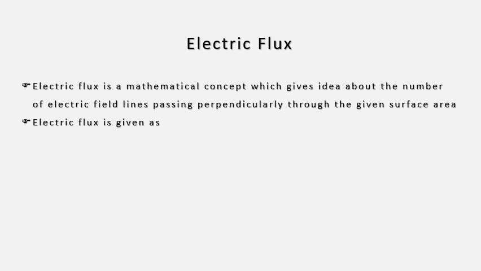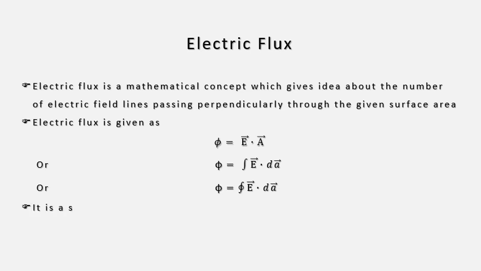We also know that electric flux can be found out by taking E dot A, and if we have a non-uniform electric field or irregular surface area, then we can employ integration to find out electric flux. And if you have a closed surface, then we can say that flux linked is the closed integration of E dot A. It is the closed integration of electric field over the surface area.